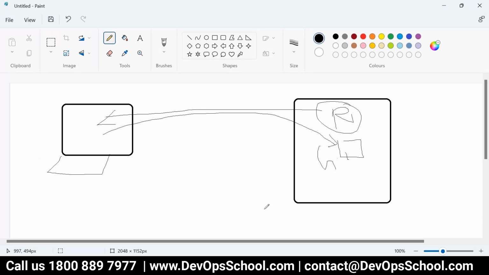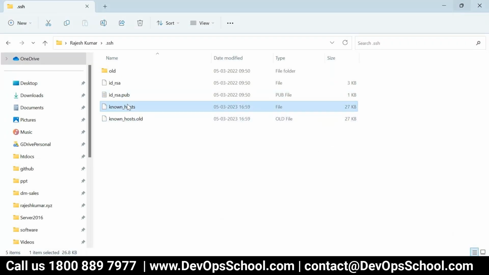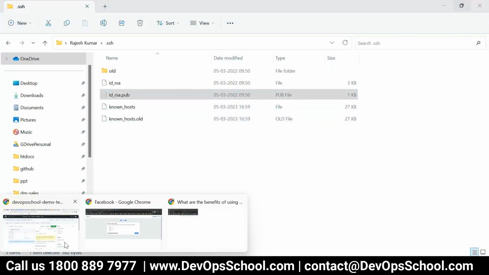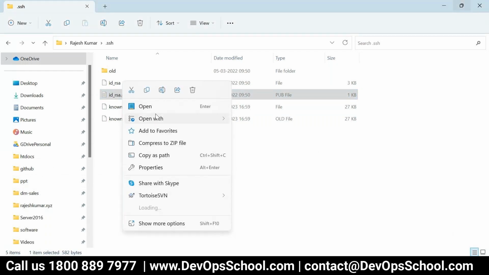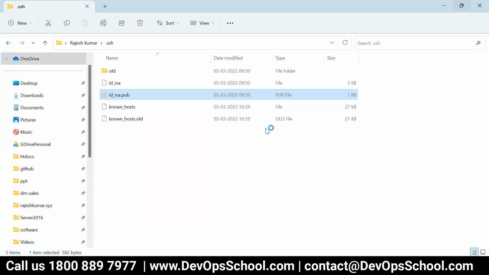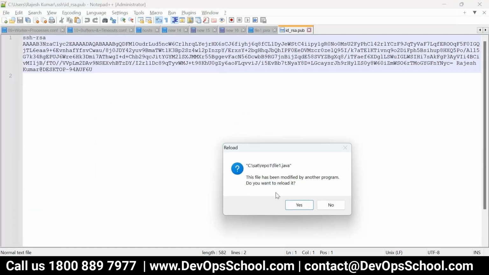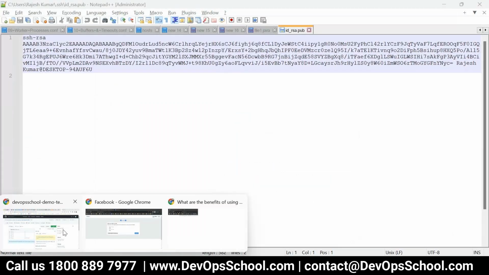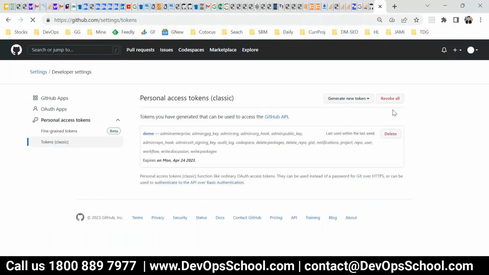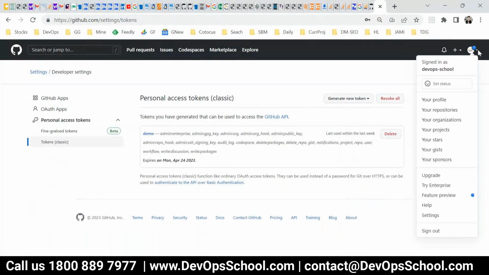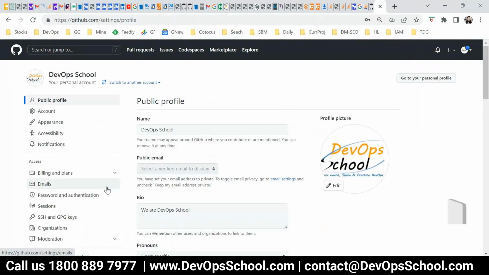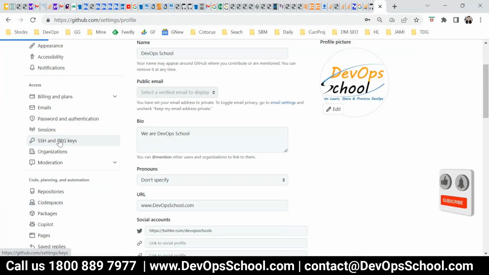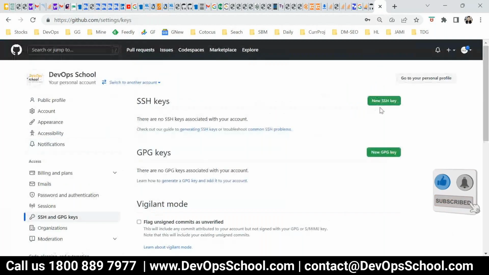So how to do that? This is the public key. I'll take the content of this file. This is the content, and I'll go to this location. Please note, it'll be in the recording. Go to the settings, user settings. Here you see SSH and GPG, and here New SSH key.